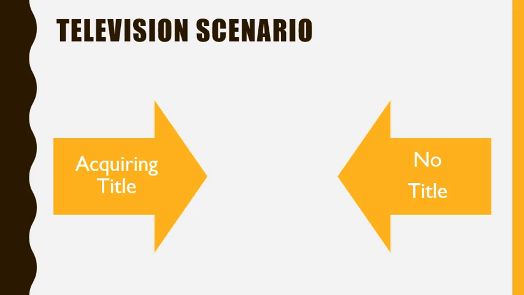The second scenario we're looking at, again, is the title issue and entrustment of goods. When a person entrusts goods to a merchant, that is, a person who deals in goods of that particular kind, the merchant has the power to transfer good title to any purchaser who acquires the goods in the ordinary course of business. So remember that the merchant has good title when they acquire it.